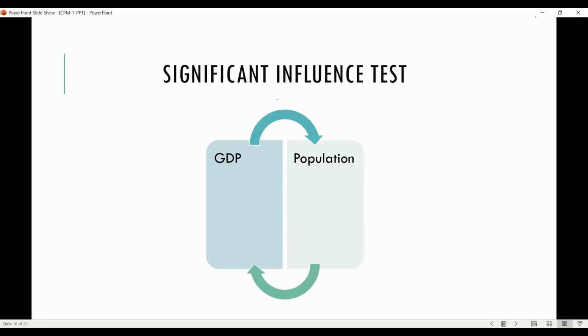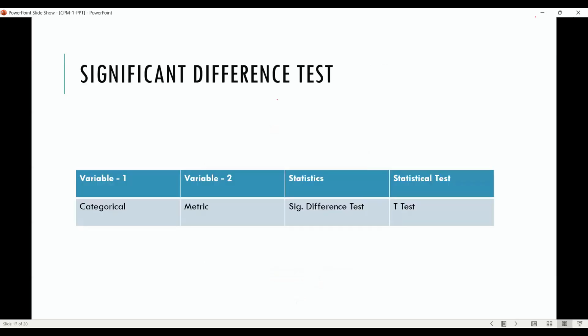Say, for example, you have understood that as population increases, GDP decreases, but how far? If our population reaches 3 billion, what will be our Indian GDP? As of now, if this is the population, what will be our GDP? Through regression analysis you can derive the regression estimates or equation through which you are able to forecast. That's the beauty of the significant influence test.